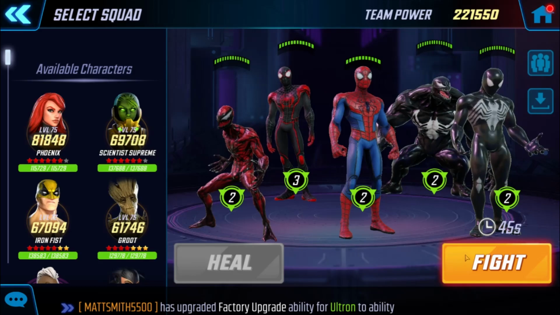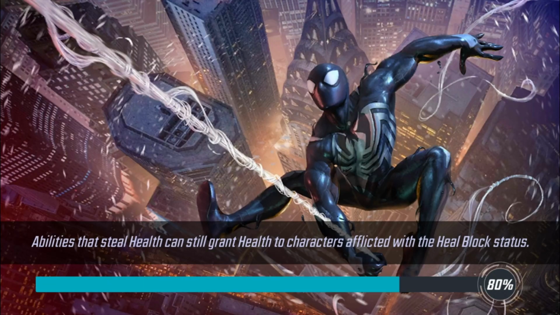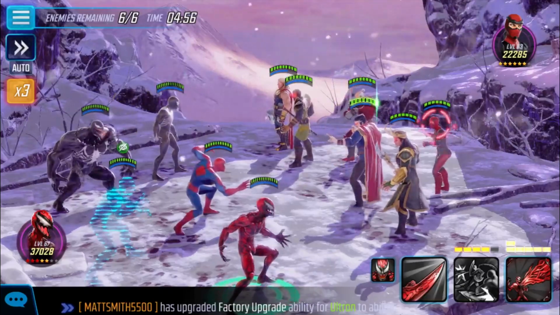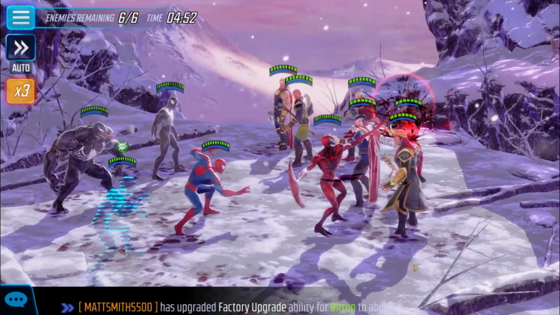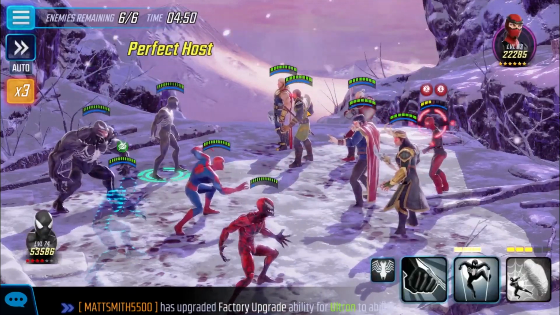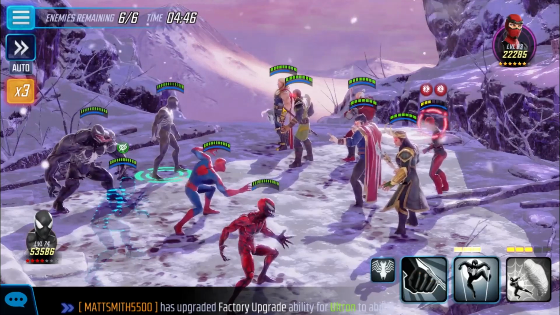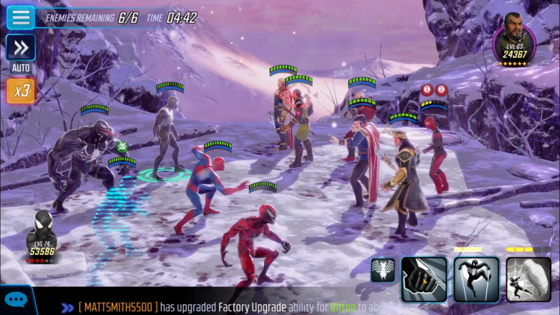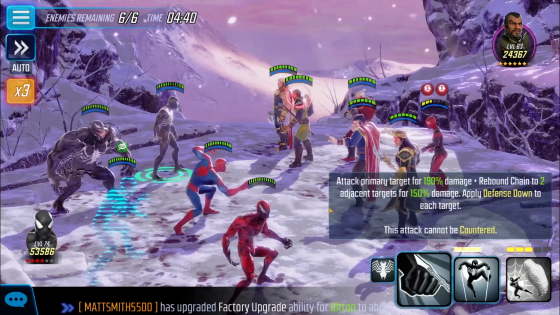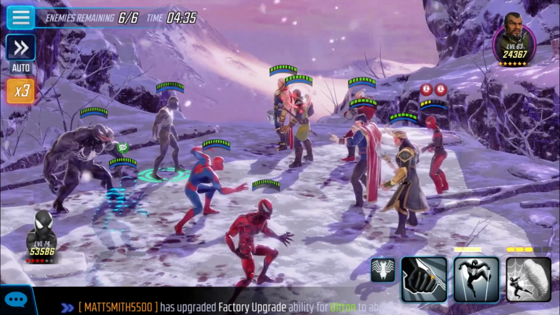Alright, so here we go. We start things off with Carnage. I'll just have him do a random attack. The first ability that we had was this one right here, and basically it's supposed to chain up to 2 characters. So I'm going to attack Mordo right now. And when I do it, 1, 2...